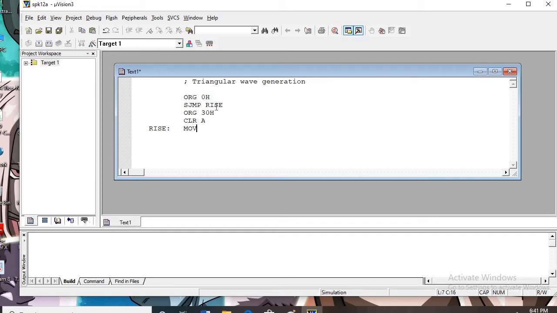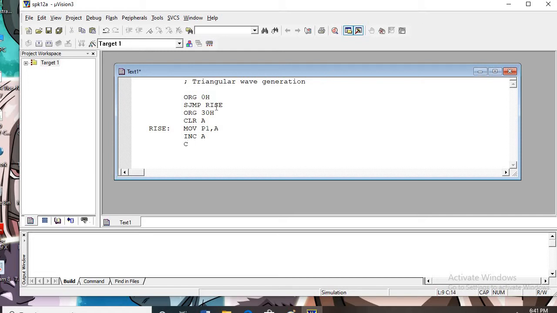So move, any port we can use, say for example P1 comma A. Then we want to rise, so we get the rising portion by simply incrementing the value in the accumulator, increment A, and we want to compare with the FF level or 255 level.